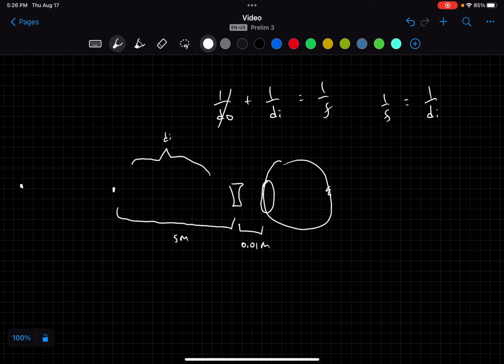Now let's try to find out what f is equal to. You could plug in the 5 for di right here, so 1 over f is equal to 1 over 5, and then f will be equal to 5 meters. Now that we've found f, the focal length, it's a good start. We want to find it in terms of what